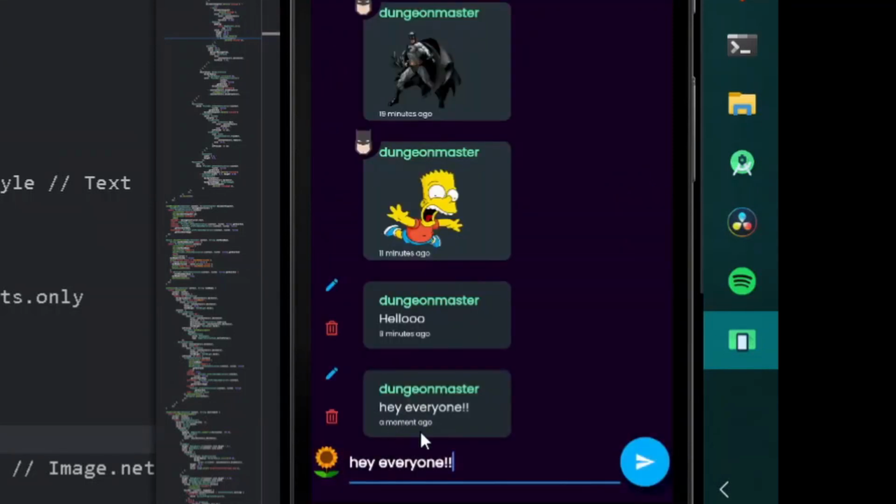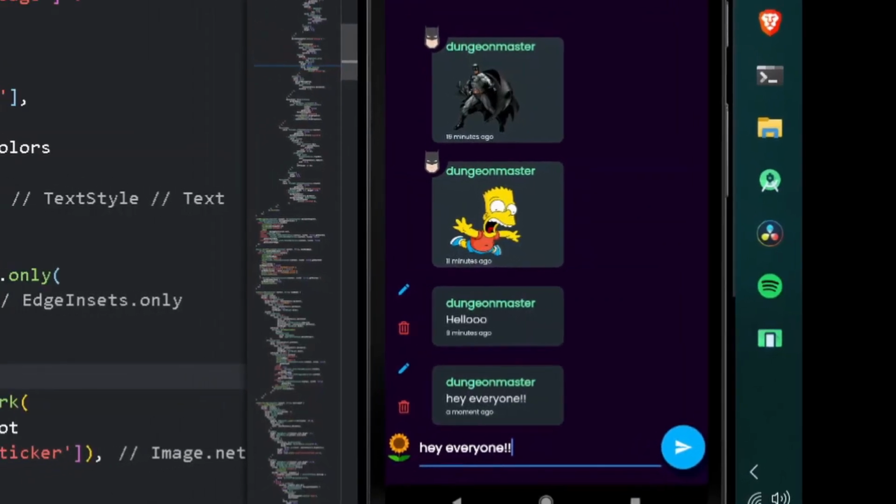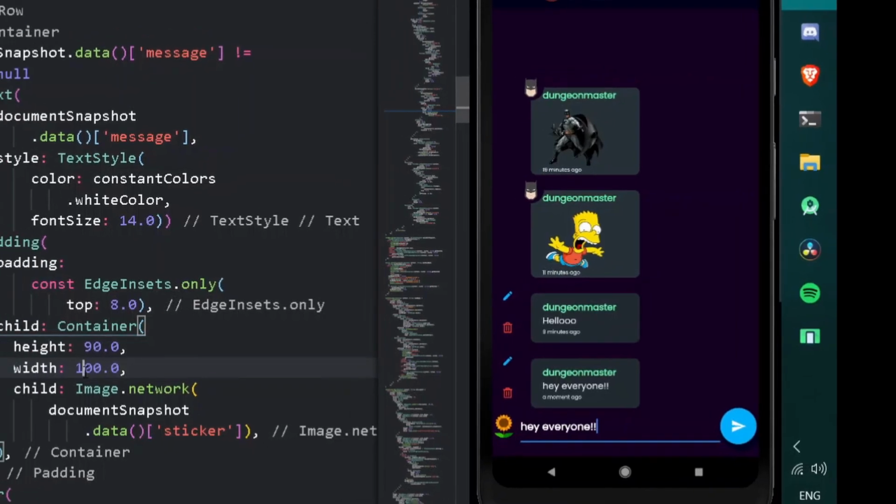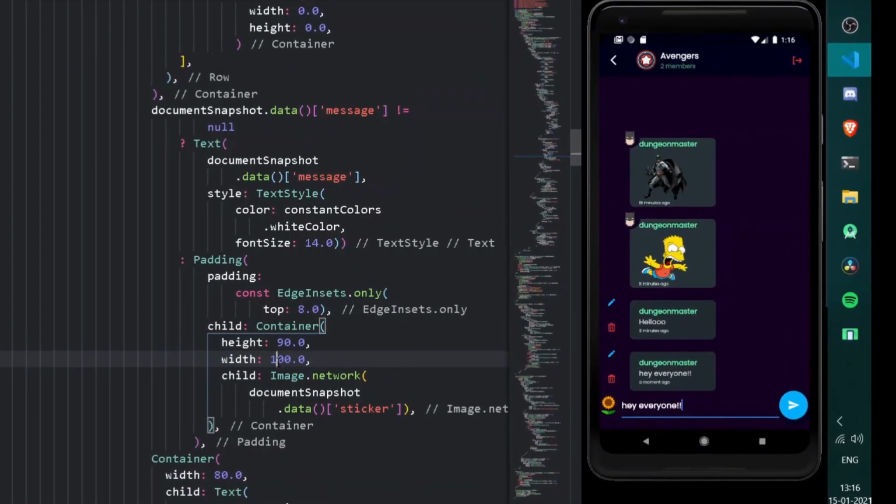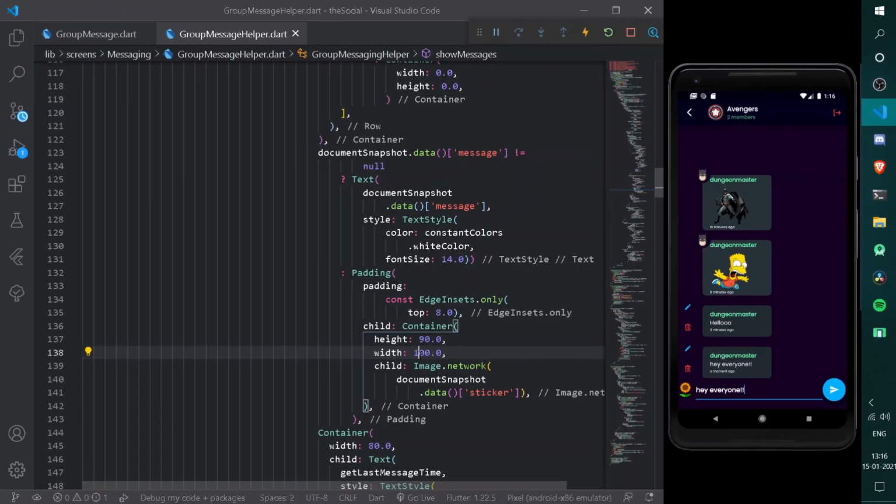That is, if you observe, a moment ago. Congratulations, we have done a great job. You just have to simply pat your back, cause you and me are doing a great job. So I think we should stop right here, cause we have done 2 of the greatest jobs of the universe. I'm just kidding. We have successfully attached stickers under our entire chat room. Also shown the timestamp converted under a date time, that is TimeAgo.